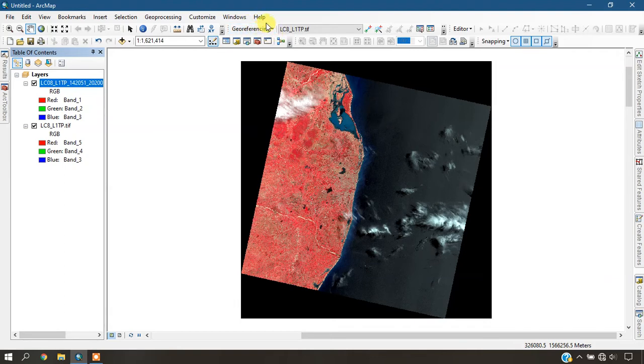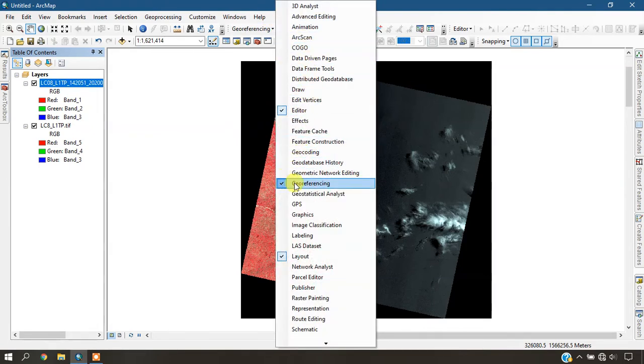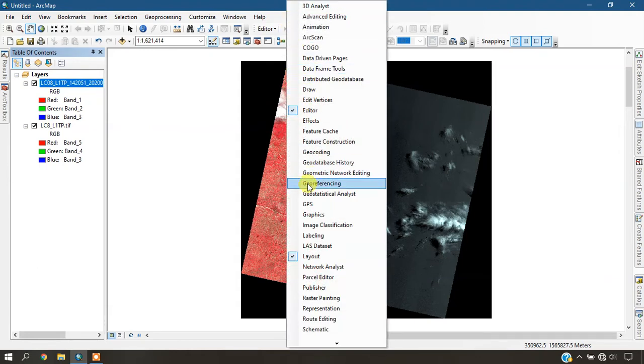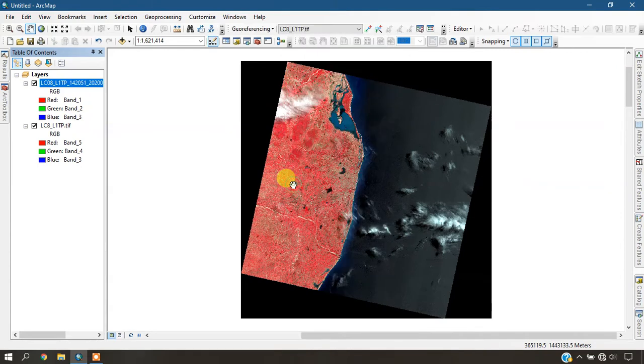If you didn't find the tool, just click on the empty space and you can see the option georeferencing. Let us assume that you don't have it. Just click in the blank space and go to the option georeferencing. Click here and you can see the tool is now in the ArcGIS window.